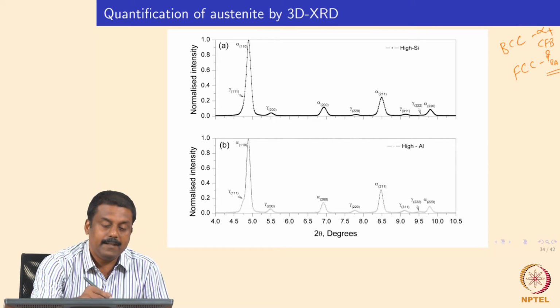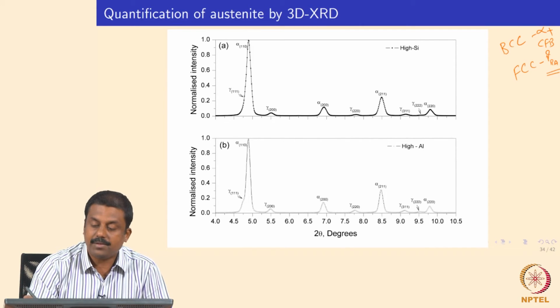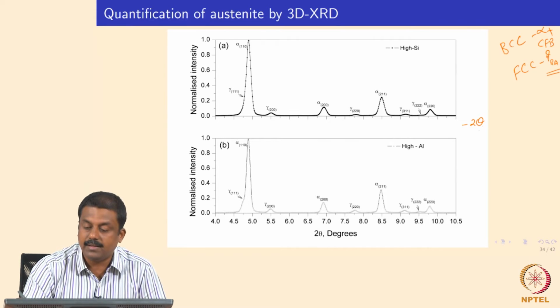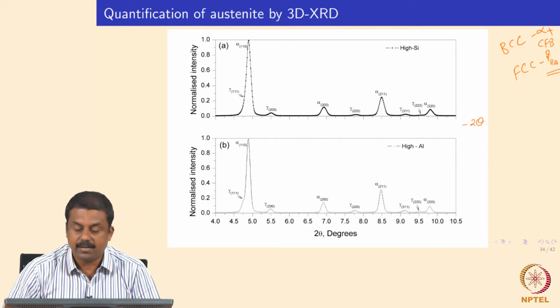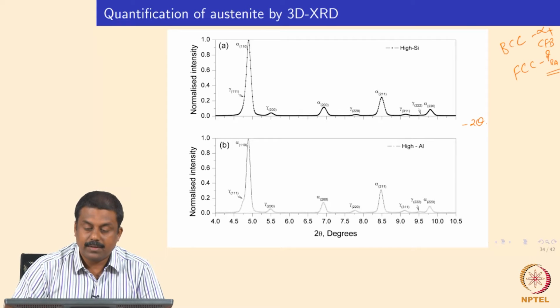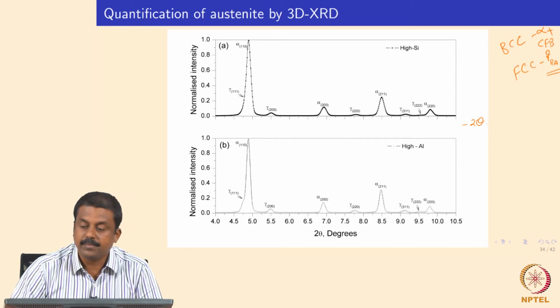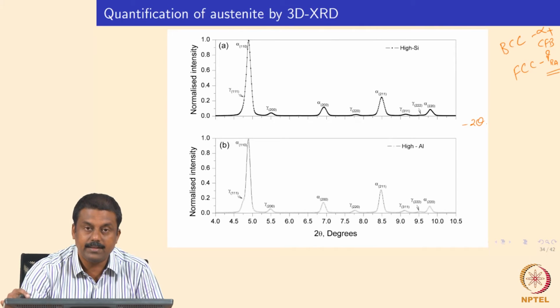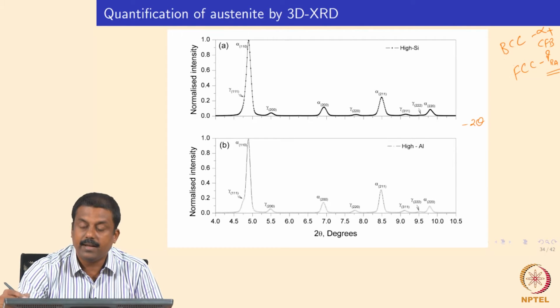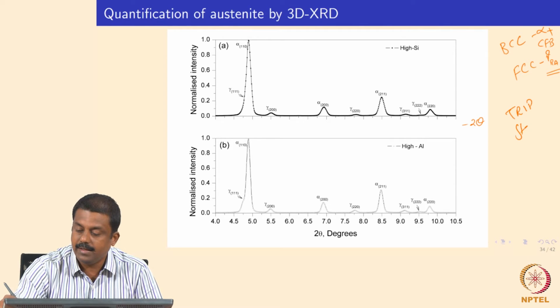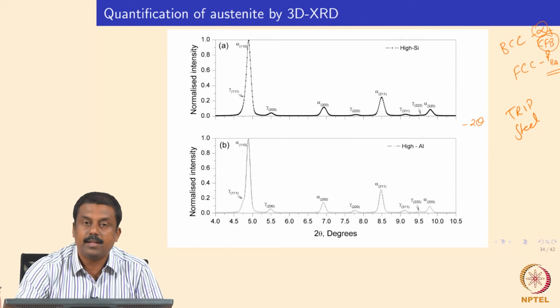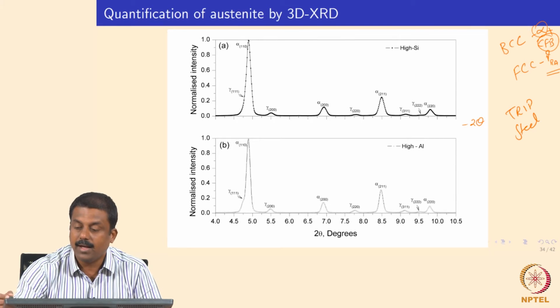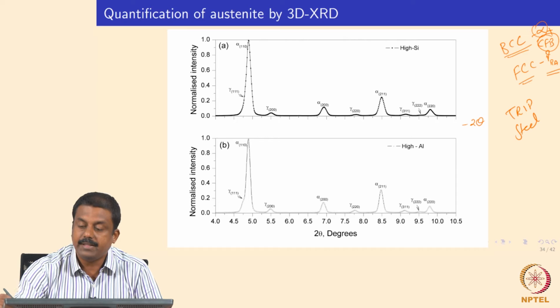So, the intensity of the diffraction as a function of 2 theta, that is the angle between the incident and diffraction beam. You can refer to some of the textbooks which describe X-ray diffraction. Right now we can assume, because it is too much for this course to explain X-ray diffraction, that we get the diffraction patterns of BCC and FCC phases present in the microstructure, in our case in TRIP steel. What we have is ferrite and carbide free bainite, which is also ferrite, and both of them are BCC, and then FCC, which is retained austenite.